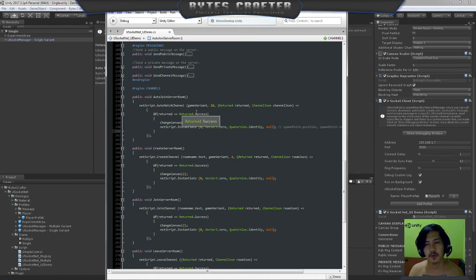If you don't know how auto match make happen, basically, for example, in here there are maximum of 10 and there are 11 user that is currently finding an auto match. So the first 10 will be auto match, and that 11th user will not be able to join the game because it's the maximum.